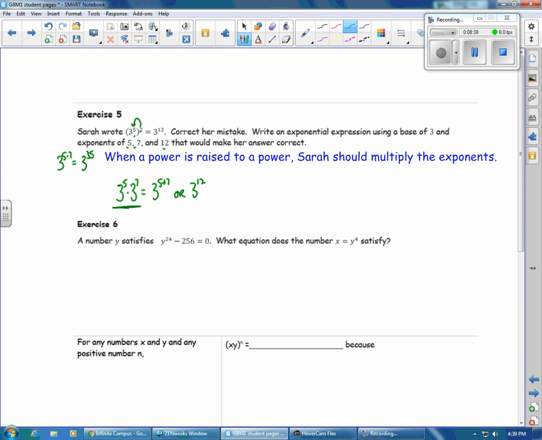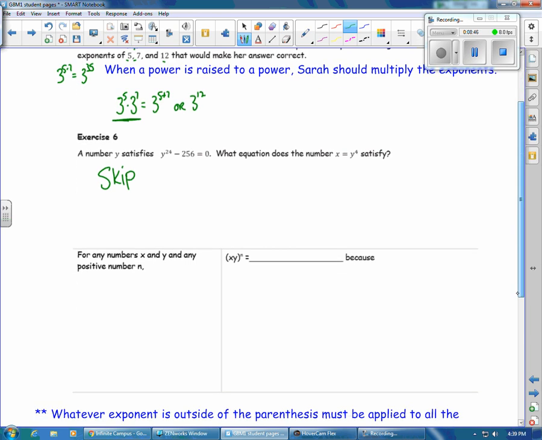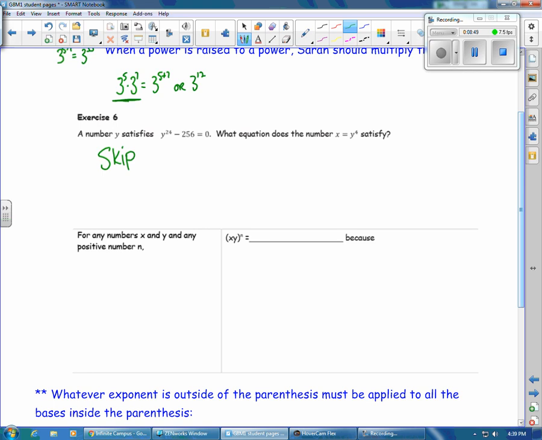Let's skip exercise 6. I don't like that one. Okay, this next one, it's another exponential rule, but it's one that we've actually talked about. So when we have multiple things inside the parentheses and the exponent is right outside the parentheses, that means that exponent has to hit everything inside the parentheses. So this would be x to the n power y to the n power, because the exponent is on the outside of the parentheses. What this means is xy times xy